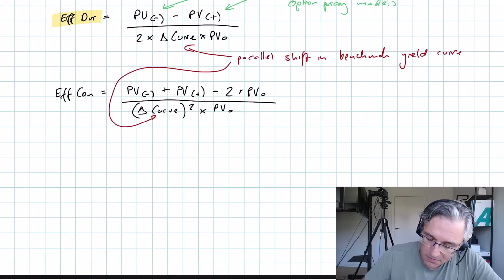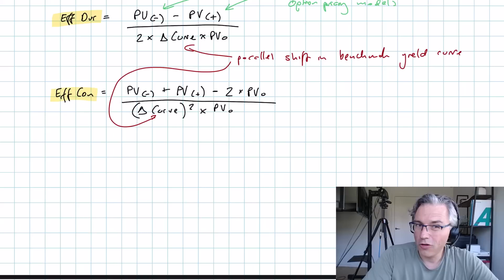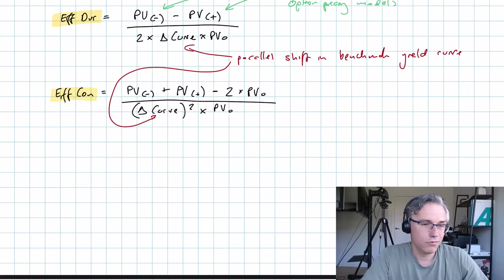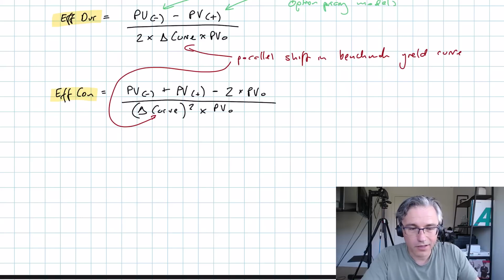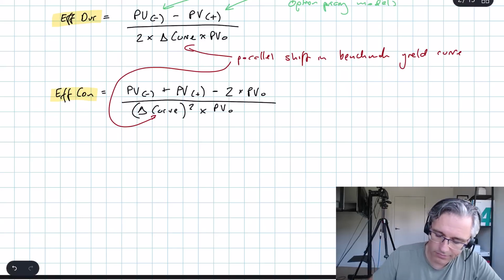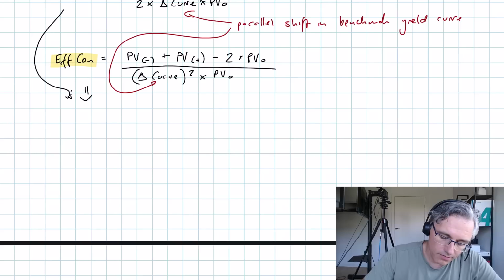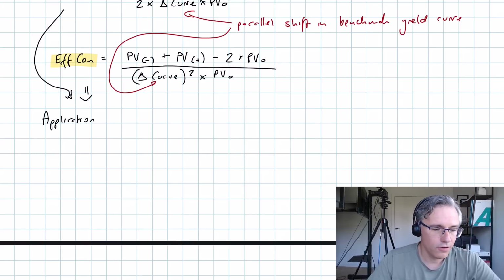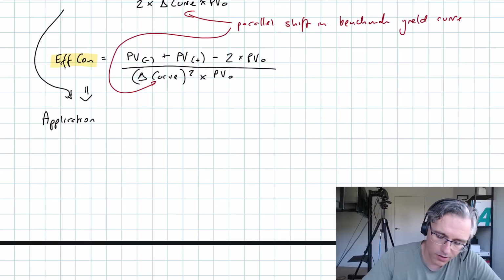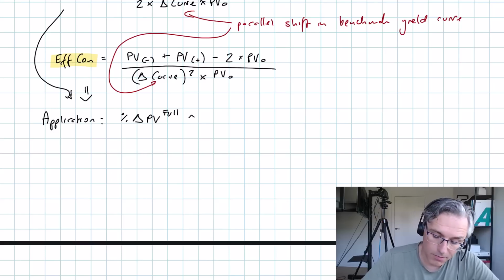Now, these two measures may also be computed for option-free bonds, and you'll get a similar result to what you'd get with modified duration, with some little differences for reasons that are quite theoretical. I don't think we need to necessarily go into that. Now, once we've got these things computed, we can apply them just like we apply annualized modified duration or approximate modified duration. How do we apply them? Well, to compute the percentage change in the full price of a bond, as you may remember, and this is